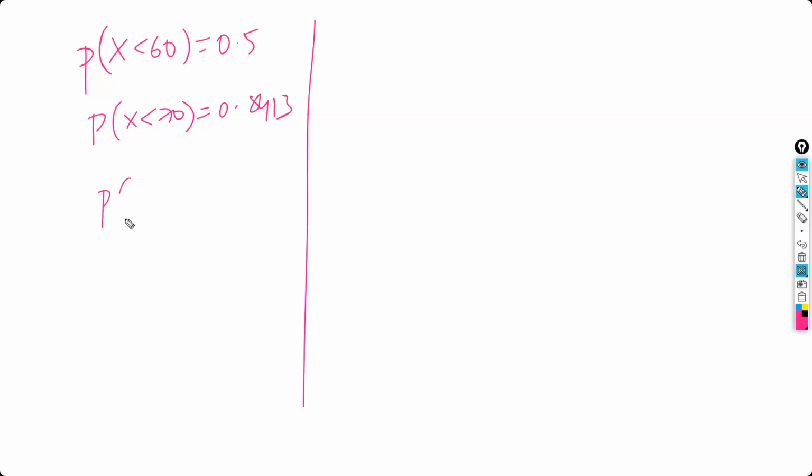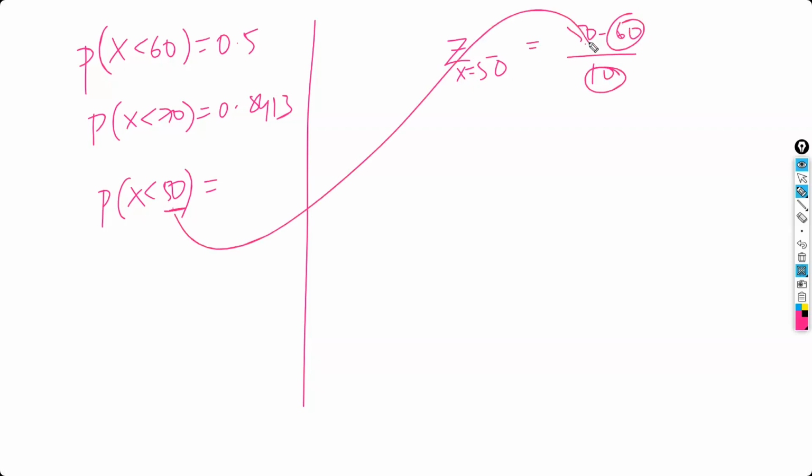Now question number 3. What is the probability of x less than 50? Now tell me what is the answer for 50. First you have to calculate z of x equal to 50. What are the numbers they have given here? Those numbers you have to write here. And what is the value? 50 minus 60 divided by 10. This is fixed, this is given here. This number is nothing but minus 10 by 10,